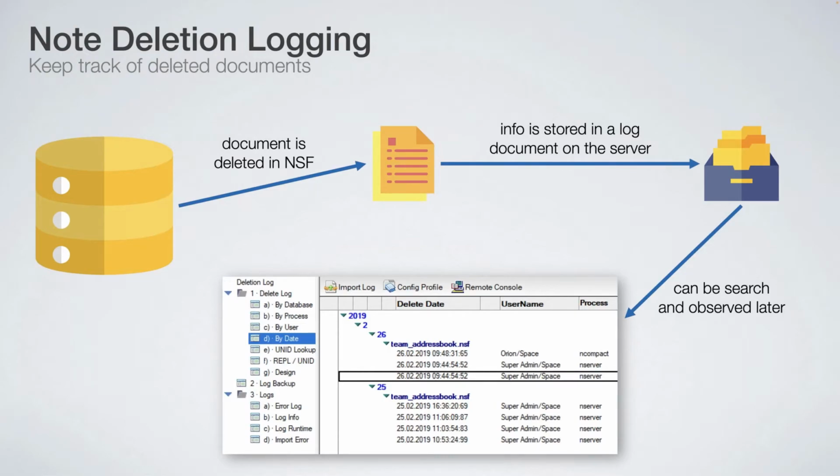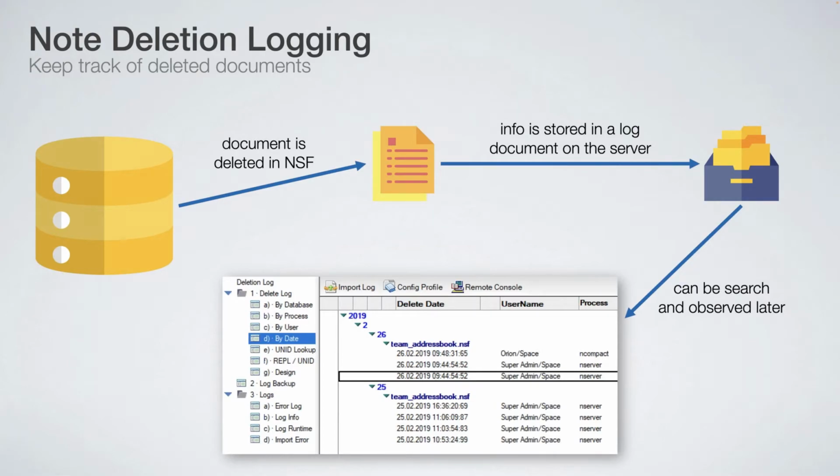If you set it on the server for a specific important database, like a database of invoices, orders, or with some sensitive data, maybe some HR database or something like this, you can set that if some delete happens on this NSF, the delete will be logged first in a text file, and then using this application by Daniel Nashed, you can parse and import these text files into a database,